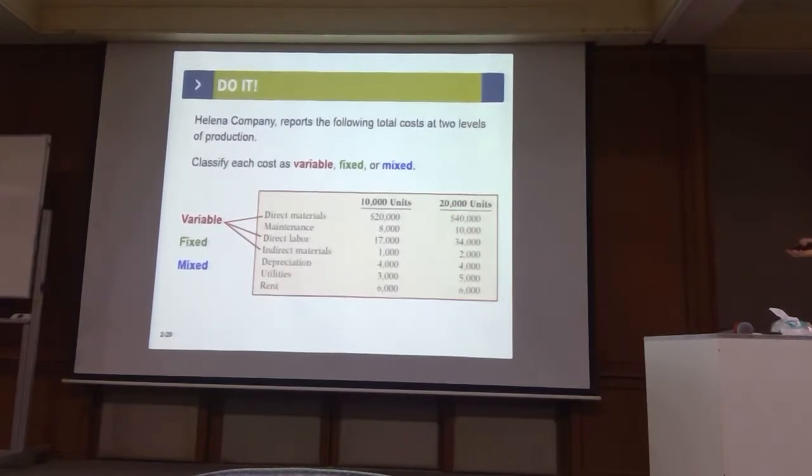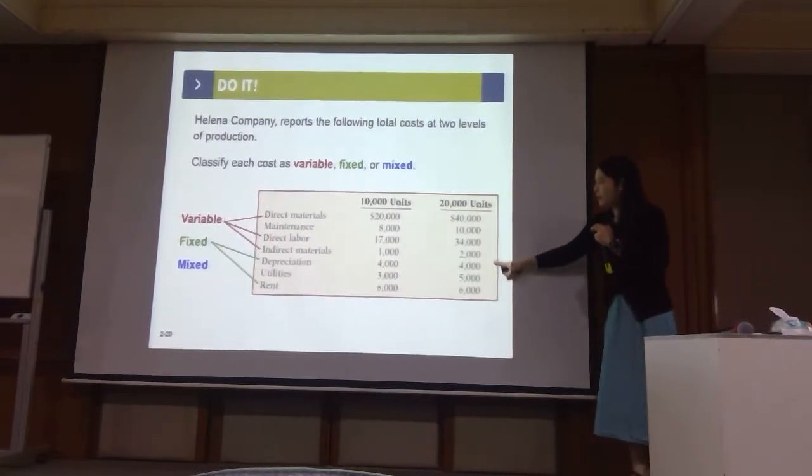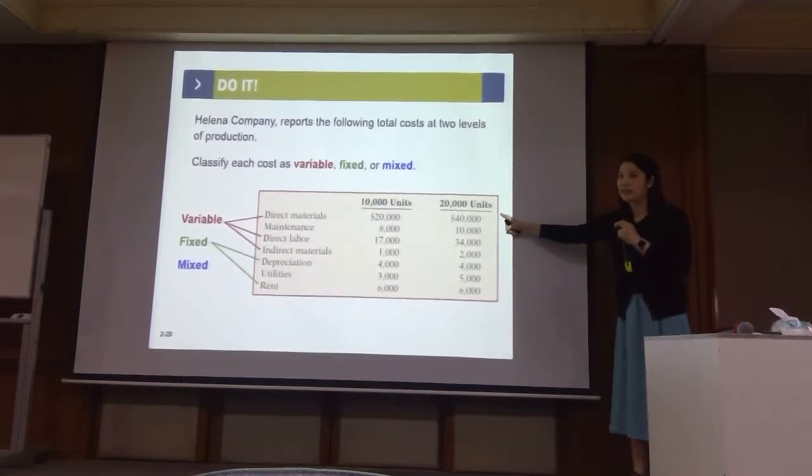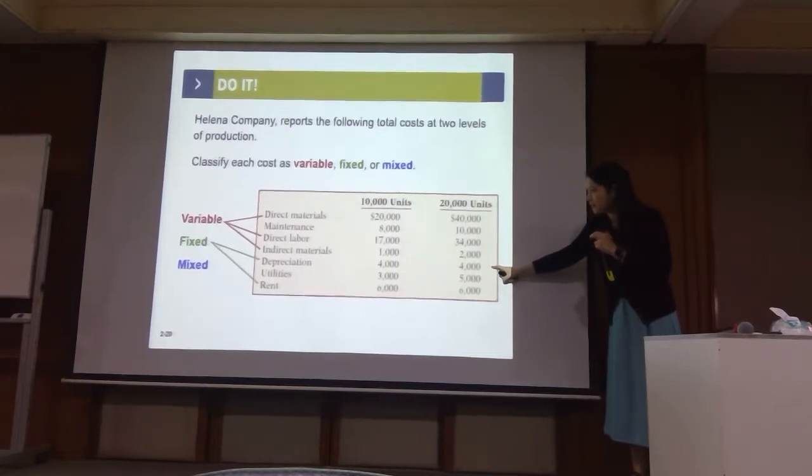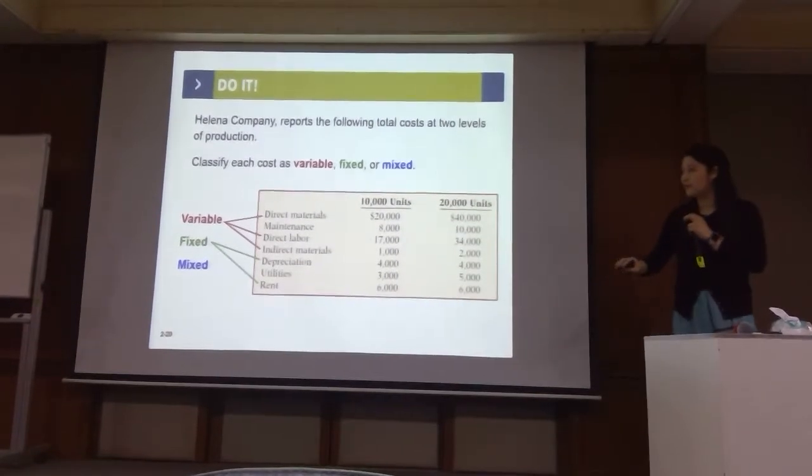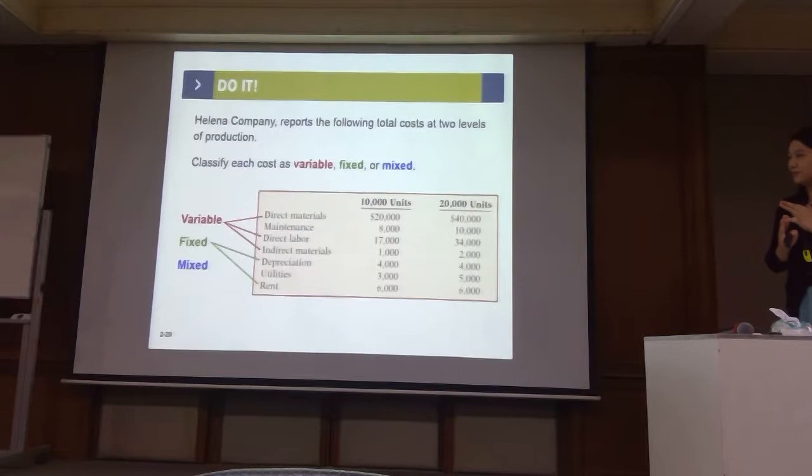Maybe we can work on this together, right? How about fixed cost? Yeah, depreciation and rent, right? As you can see, you increase the production level, but depreciation expense and the rent expense remain constant, remain the same. Okay, and the rest